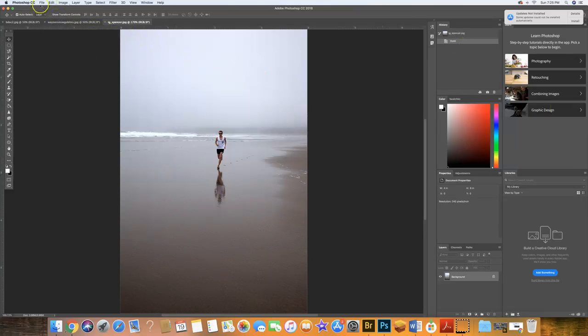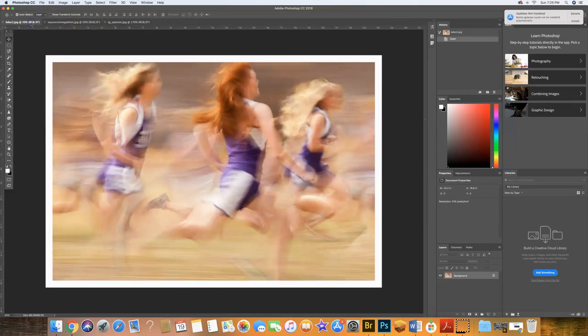Okay, so this next image that I took, this is a motion image, obviously, and this is one that you do not need a tripod for. This is one where it was done with panning. So I held my camera and I moved my head and my camera along with the girls as they ran by. And that's what gets these beautiful blurred lines.